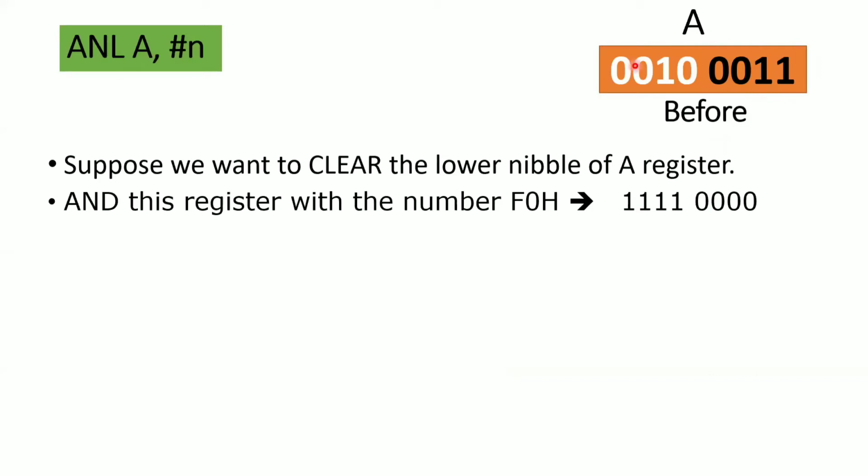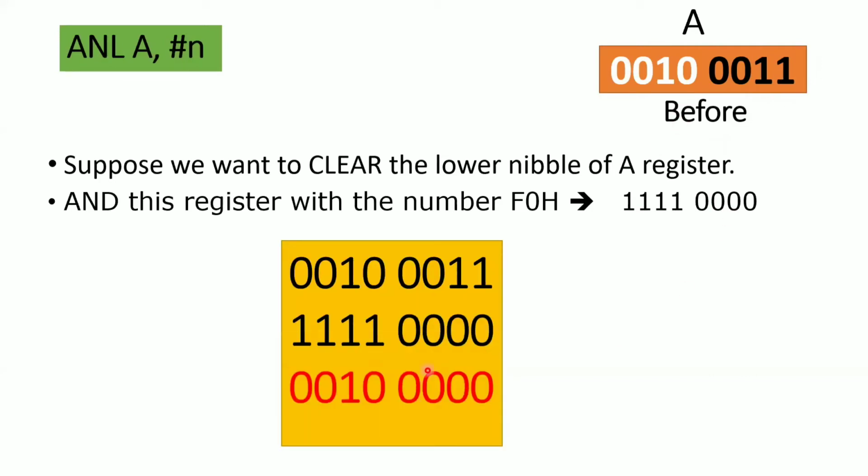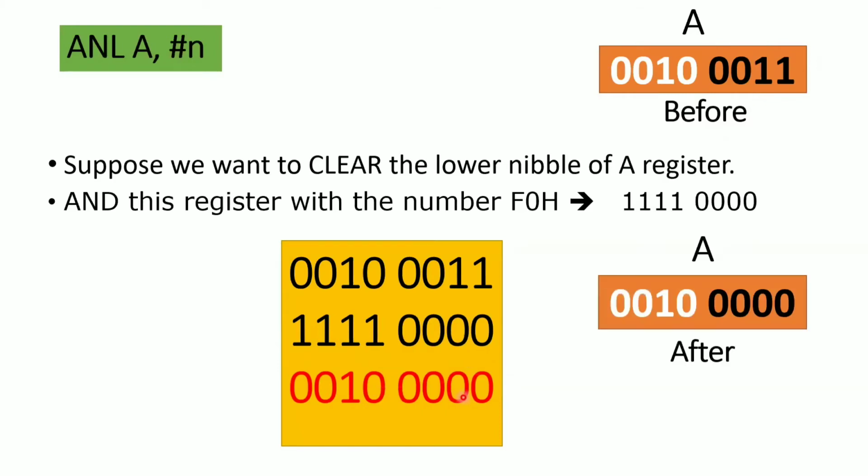So F0 means put all the ones here and all the zeros here to perform the AND operation. You will clear the lower nibble of these bits. Now you see here, a group of 4 bits are cleared, right? So wherever you want to clear a bit at a particular position, you make it 0 and put the remaining as ones and perform the AND operation, so that you can clear the particular bits. After the result, you can see the A register lower nibble is cleared. Okay, that is your normal AND operation.